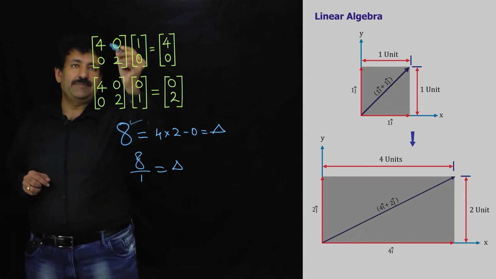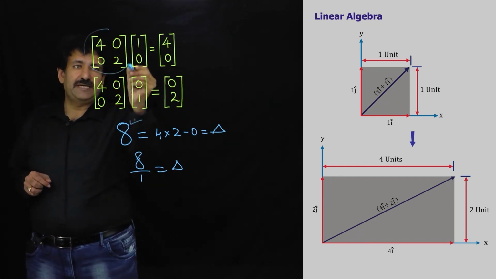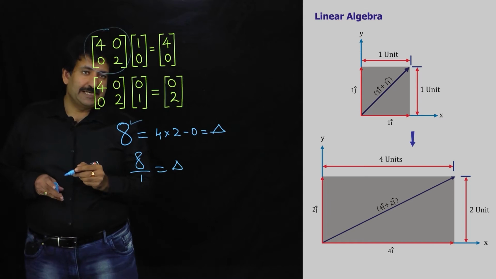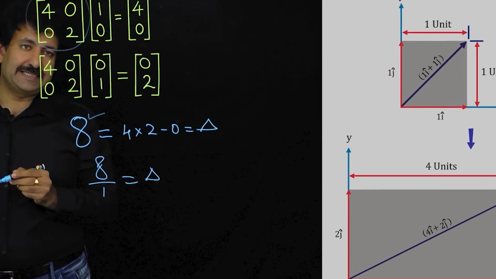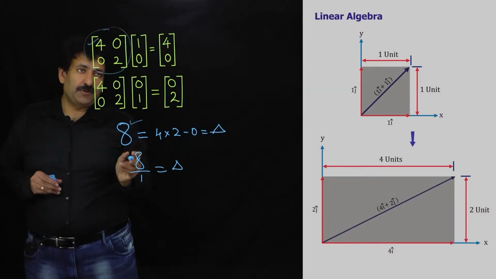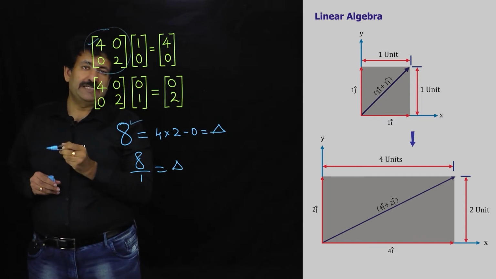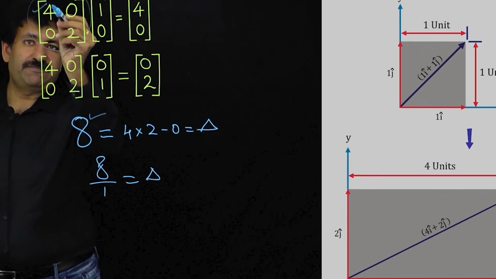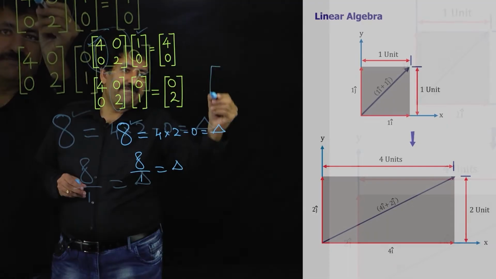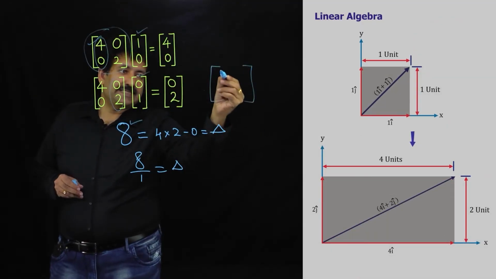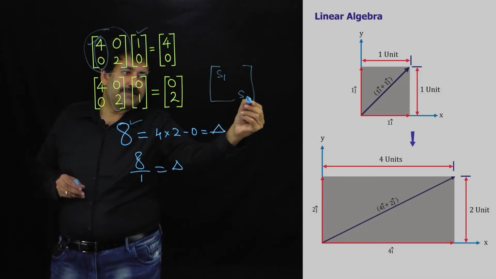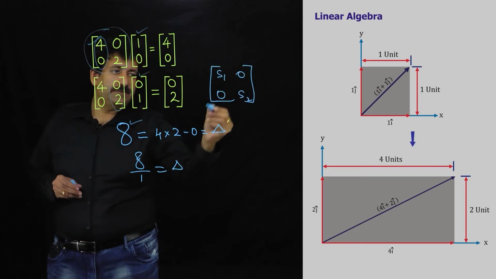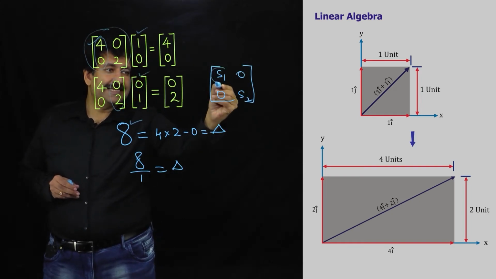That means the determinant of the transformation matrix is nothing but this. So one more fact, as explained in the previous video, if I write the scaling matrix as S1, S2, 0, 0, then clearly this is